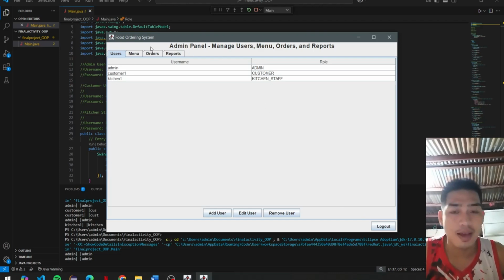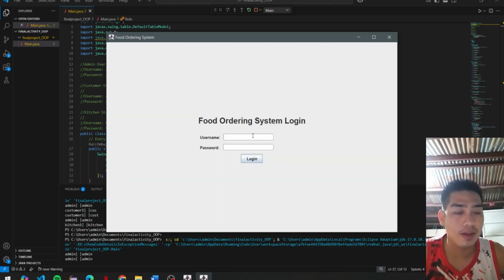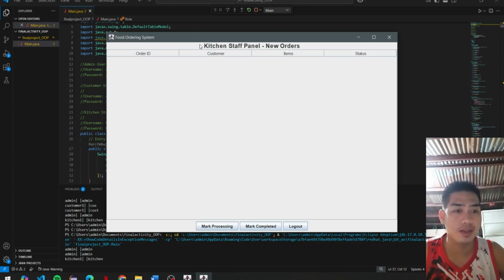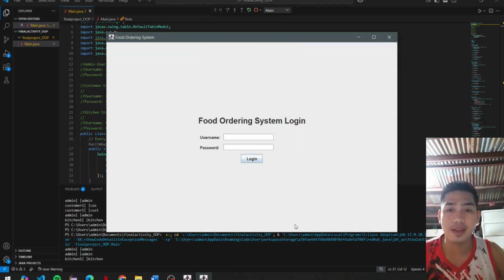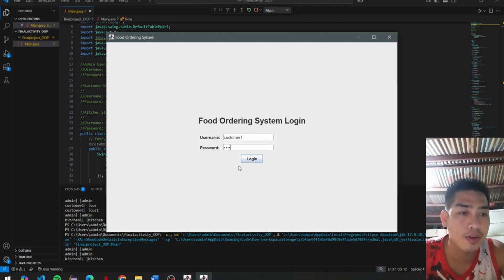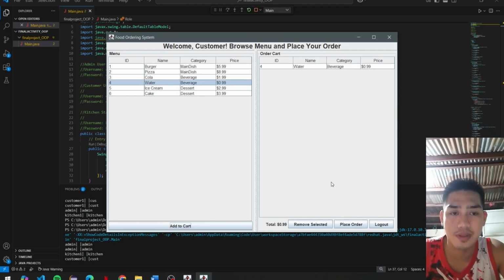Administrators have the highest authority in the system as they can add, edit, and remove user accounts and oversee every transaction, such as the daily sales report and records of order history, while customers can add order, place order, or edit their order, and the kitchen staff have the authority to update the order status of the customers.